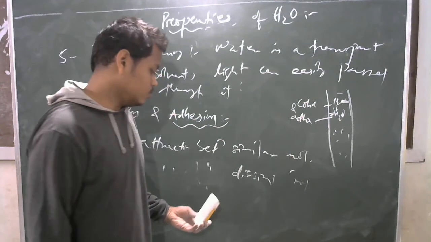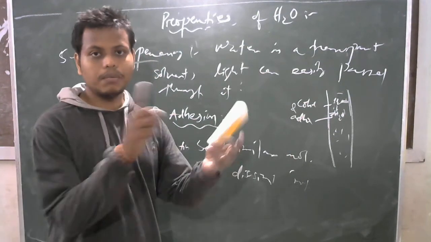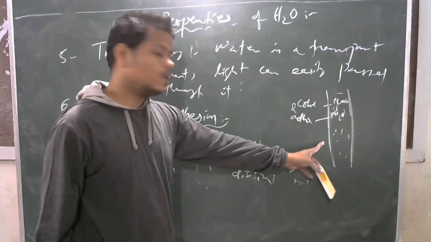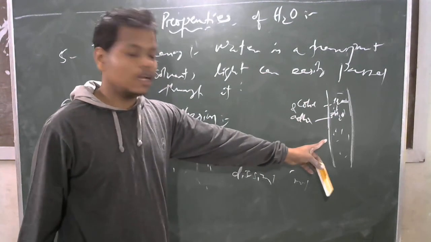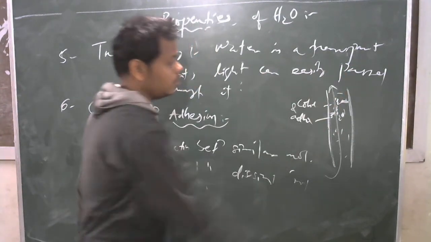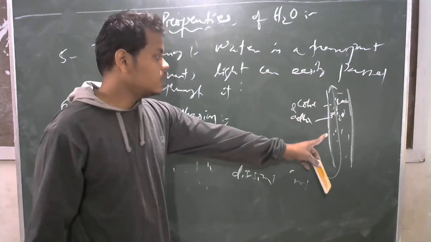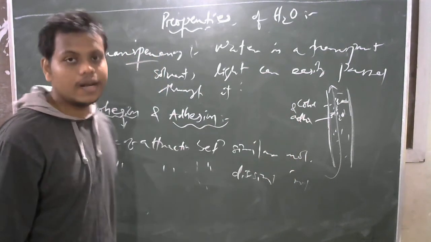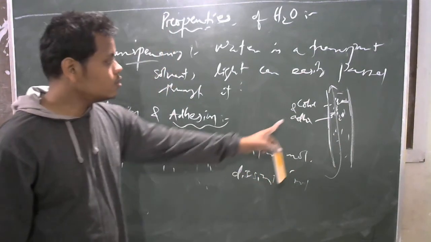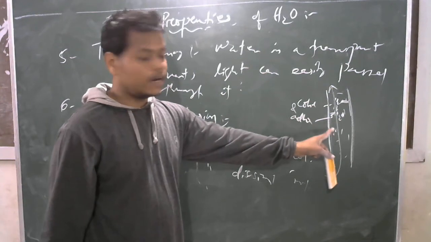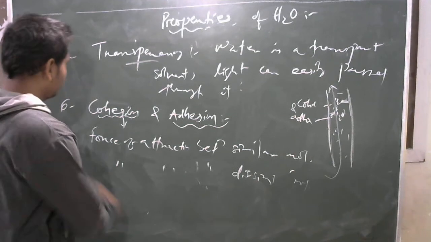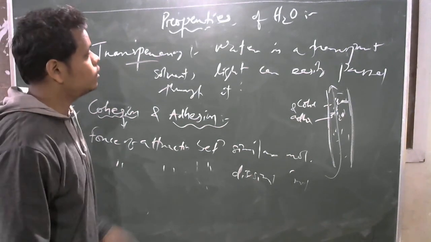Cohesion, adhesion and surface tension develop the concept of capillarity. Capillarity means the upward movement of water in a capillary tube. If we imagine the tracheids and vessels of xylem as capillaries, then the upward movement of water in them is possible due to the cohesion force between water molecules and the adhesion force between water and the tracheary or pipe molecules. Okay, so these are the general 6 properties of water.